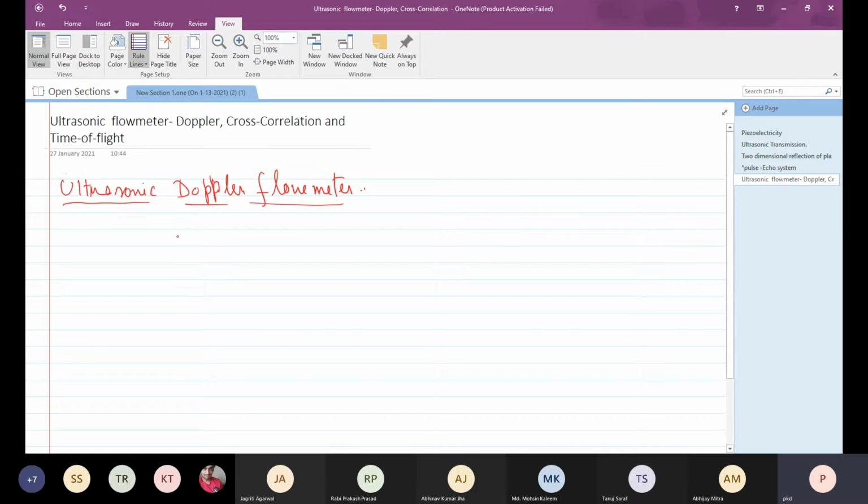If the particle density is higher, like in slurry transport and some other transport where transmission of laser is difficult, then in such cases the ultrasonic Doppler flow meter is ideal. As well, if there are more solid particulates, then the transmission or coupling of sound and energy becomes easier. Therefore, the ultrasonic Doppler flow meter is ideal for such cases.